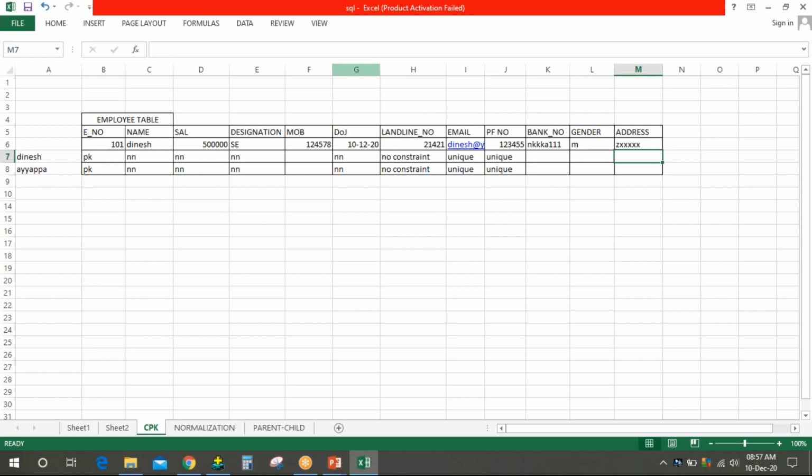Address. Yes, it's no constraint. Why? Because husband and wife, or even 5 people living at one place, they will enter the address, right? They cannot keep it blank.